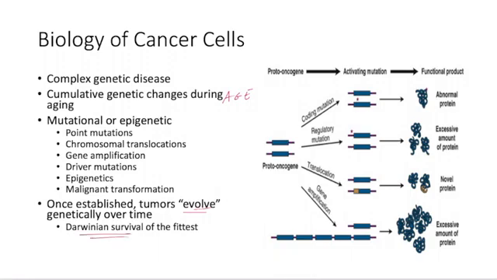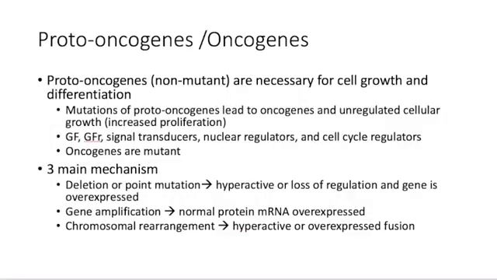This also explains some of the changes that happen after chemotherapy or tumor treatment. It is a resistance that is documented after a patient has undergone therapy already, where the tumor would be resistant to the same therapy. So one of the first classes of genes that is affected by carcinogenesis are these proto-oncogenes. Proto-oncogenes are necessary for cell growth and differentiation. They are non-mutant. When they get mutated, they go to oncogenes. So proto-oncogenes, good, oncogenes, bad.